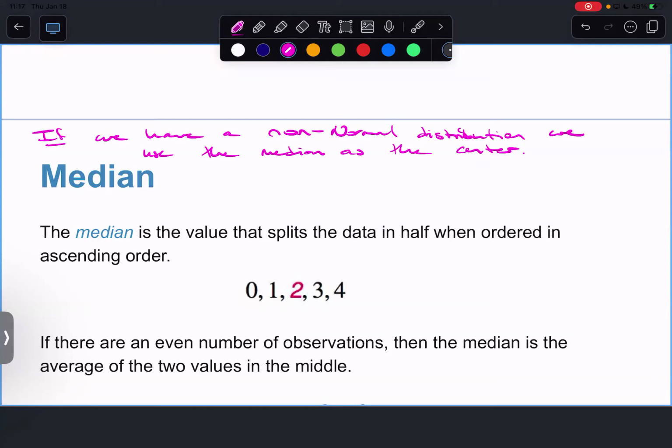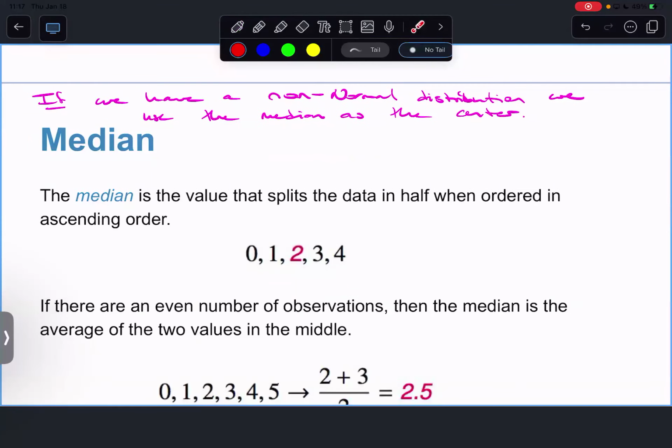Now the median is the value that splits the data in half, which means that you have to sort your data first, right? Otherwise you would just be finding some random point in the middle, right? And so first thing you want to do is you want to sort your data. 1, sort the data. And then 2,